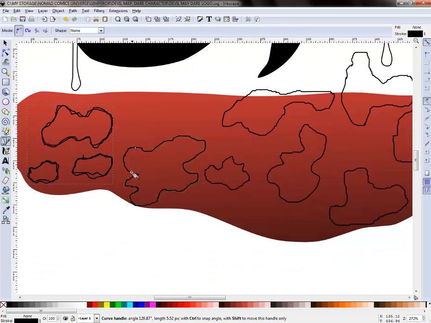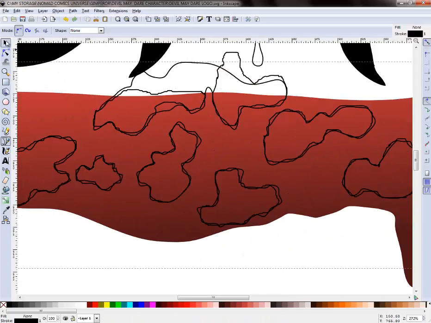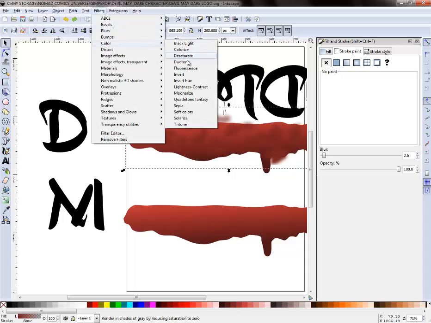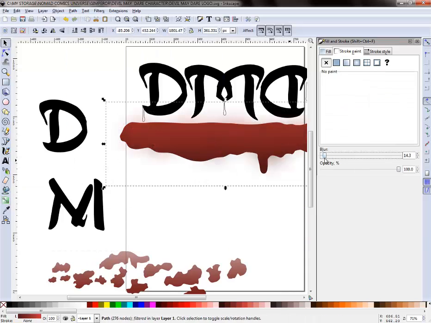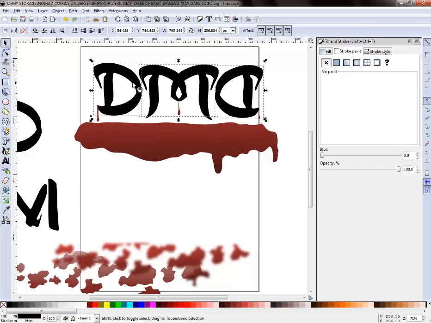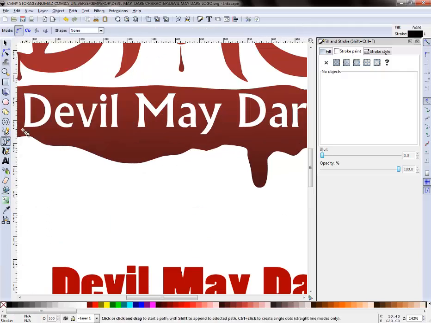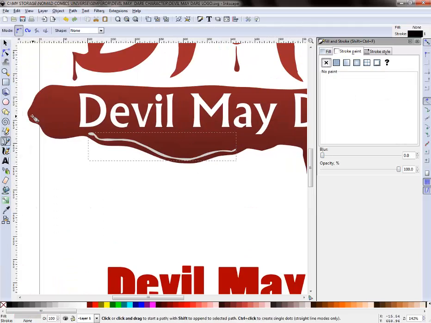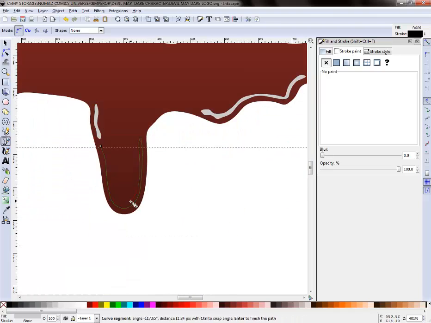because Marvel has seen fit to copyright, trademark the word Daredevil, so we can't use the word Daredevil. Maybe in the interior of a book, if you guys see that you might want to use this for a book, someone can refer to them as the Daredevil or whatnot, but on the cover you can't put it. That's trademark infringement, and Marvel will take you to court. Let's continue. I'm calling mine Devil May Dare,